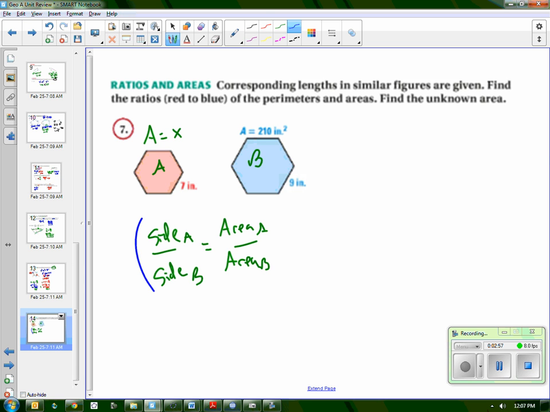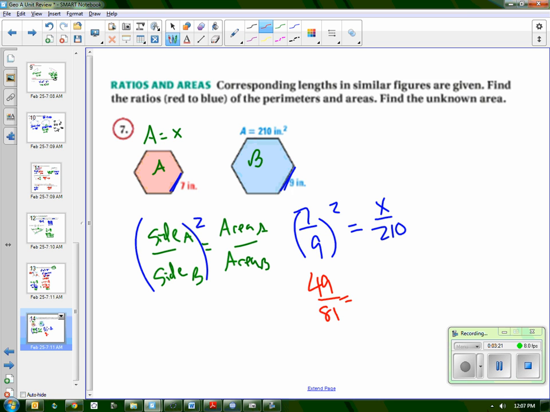Oh yeah, you have to square this guy. You have to square the ratio of the sides or perimeters, since sides and perimeters are the same. Square this guy, and that'll give you the ratio of the areas. So side of this figure, that's 7 over this guy's 9. If I square that, I'm going to get the area of A, that's what I want, over the area of B, 210. Best way to do this is probably to just simplify that fraction. 7 squared over 9 squared is 49 over 81, because now it's really easy to cross multiply and divide, and you get x is 127.04, and these are